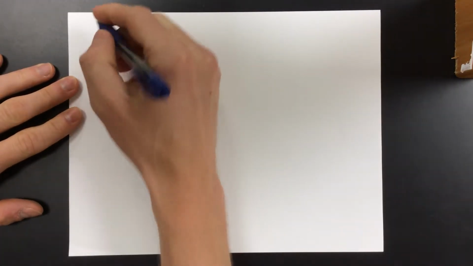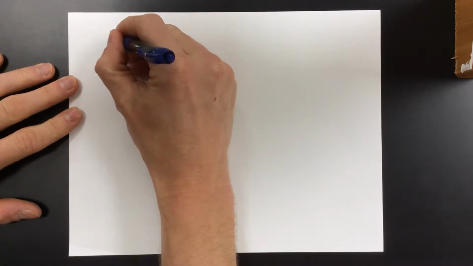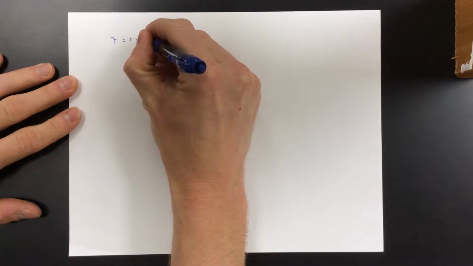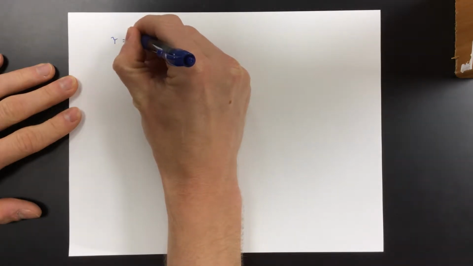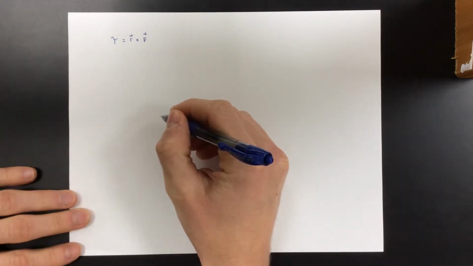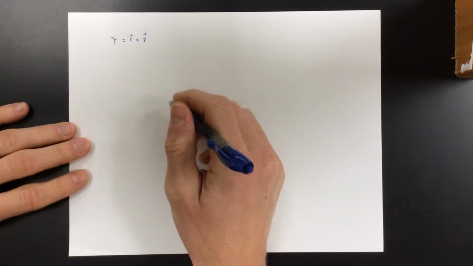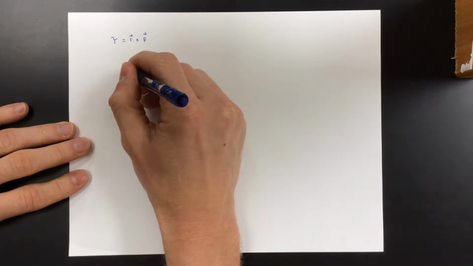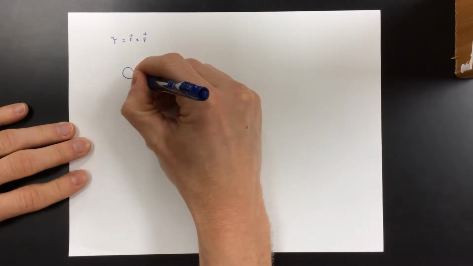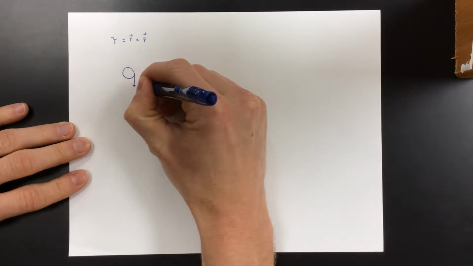Let's take a look at torque. So the first part is that torque is R cross F, and it is a vector. R is probably best thought of as the lever arm, where F is the force. And so if you take some basic examples, take a pulley and attach a rope to it, and apply a tension this way,